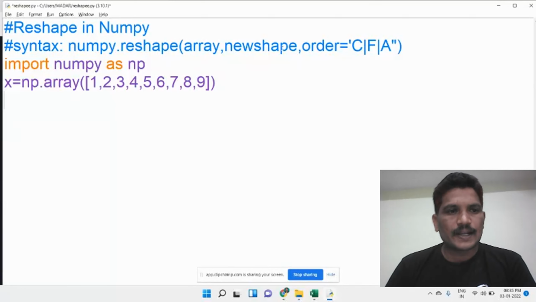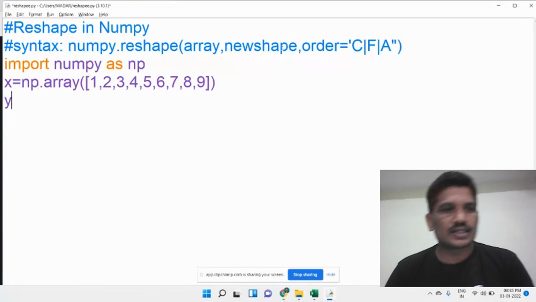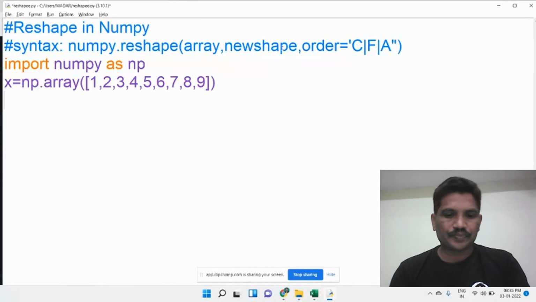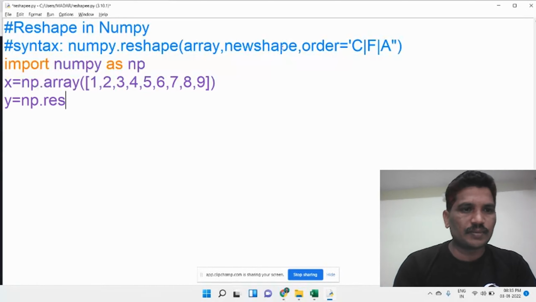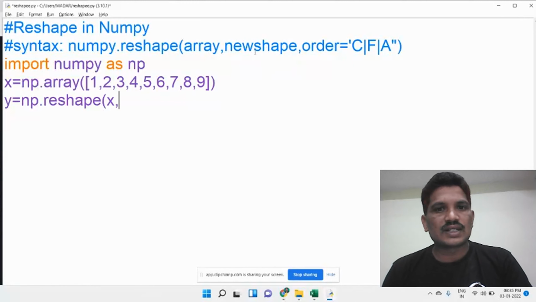See, the input is an array. Then we can use the reshape function and see the output. So y equal np dot reshape. What is the array? The array is x. Then what is the new shape?